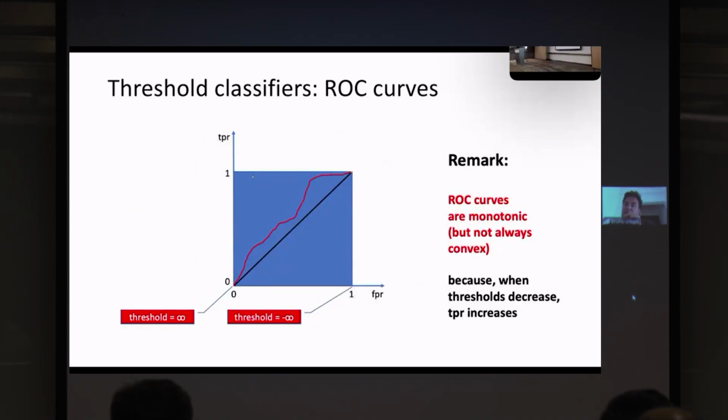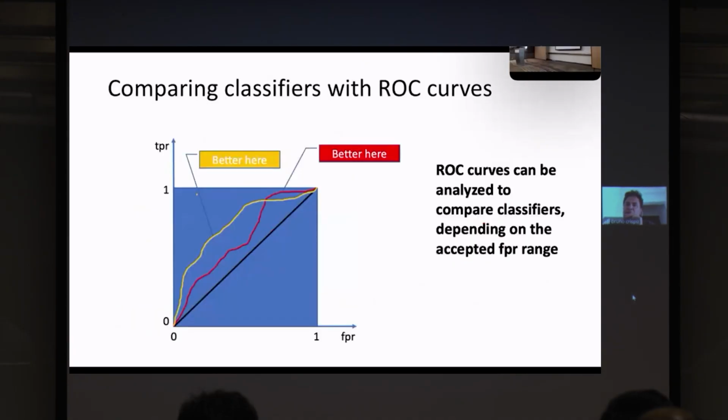Now, the ROC curve is interesting, because with a single curve, you can also compare different classifiers. You can see here the ROC curve for 2 different classifiers, the yellow and the red, that give you the behavior of the classifier changing the threshold. And this is important because, different from other metrics, it's a metric that allows you to compare classifiers, and it is important to have such a metric.